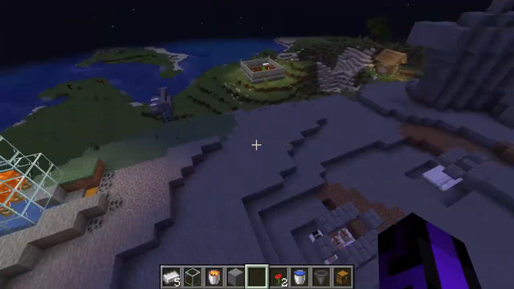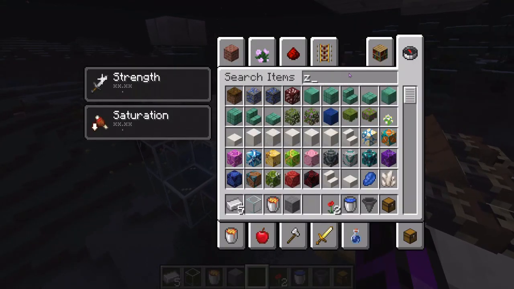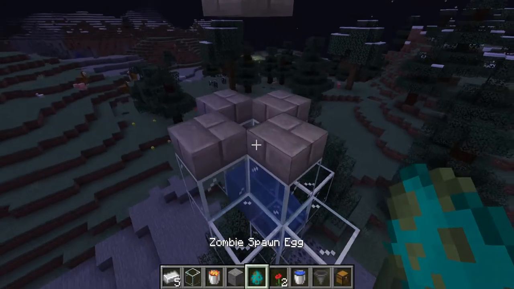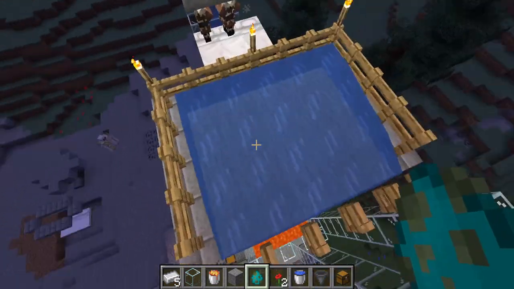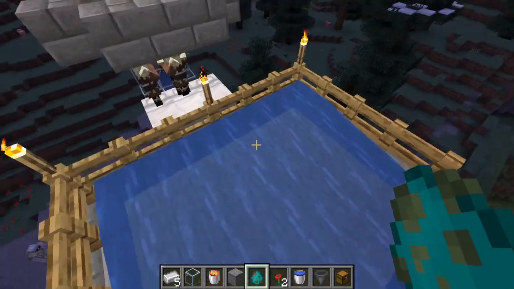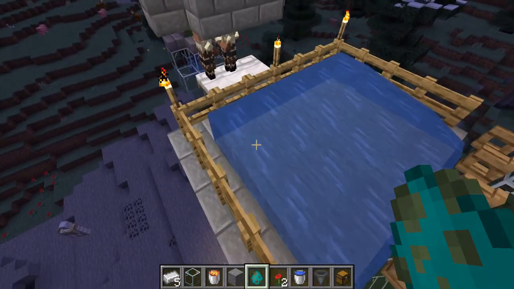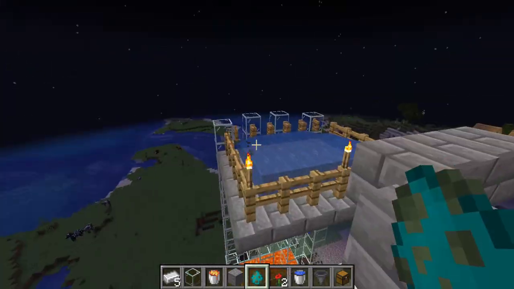Once you have the zombie and the village in place, all that really matters now is to make sure that you can actually kill the iron golem. To do this, usually you create a platform that it can spawn on with water on it, since iron golems can spawn in water. And then once the iron golem spawns, it spawns on the platform and then flows over